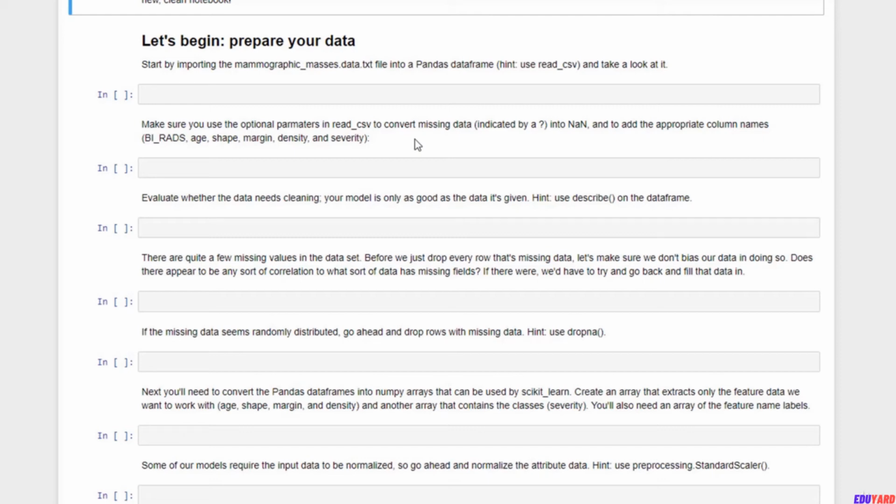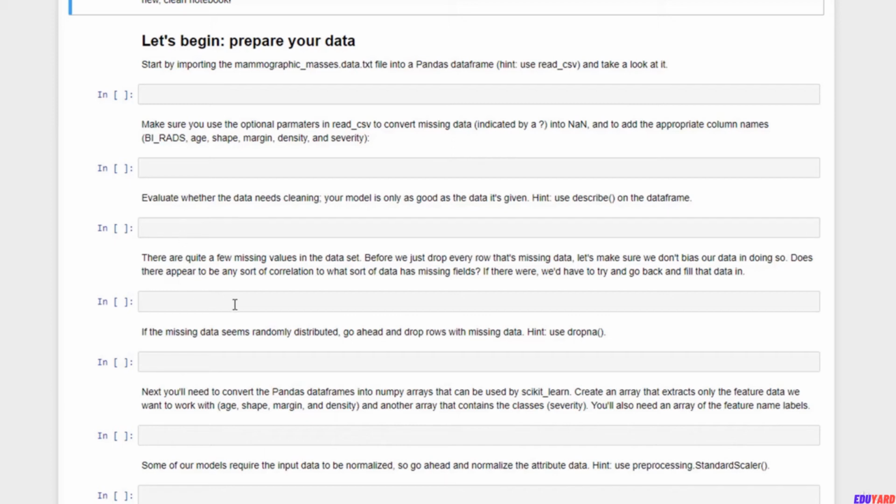The read_csv function is what you can use for that, and you will want to do a couple of things. You will find that there is missing data that you need to deal with, and you need to import column names as well, because the column names are missing from the CSV file itself. You then can evaluate the data, take a look at it, use describe to get a feel of how it looks. You will see there is a lot of missing values.